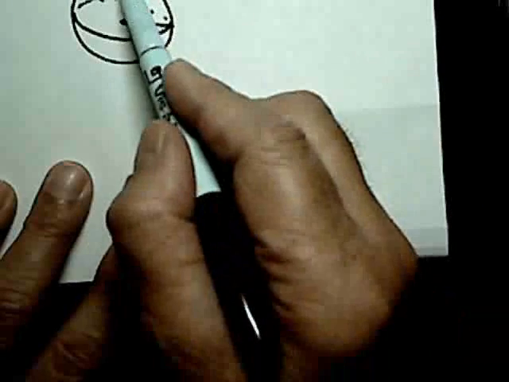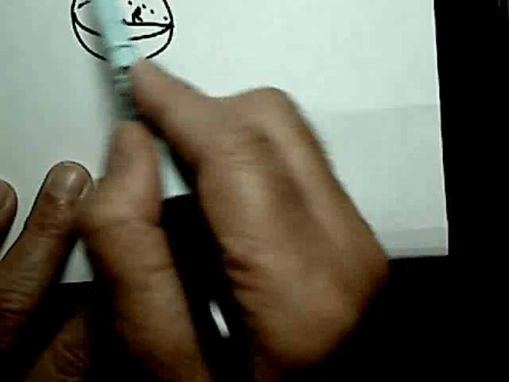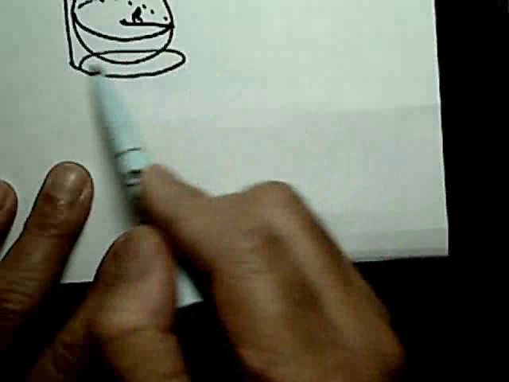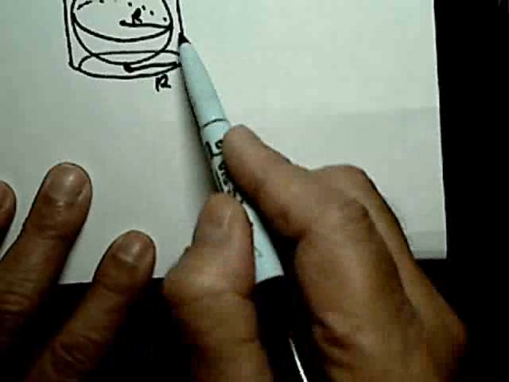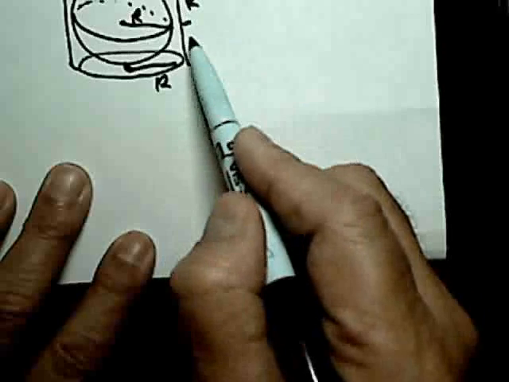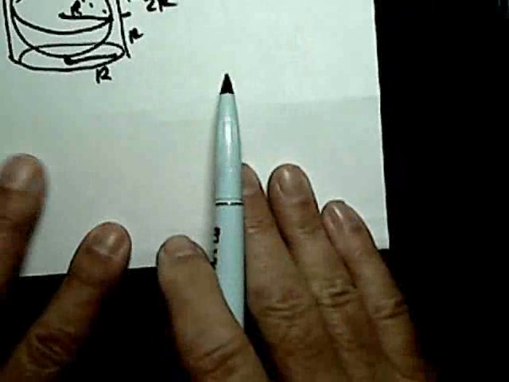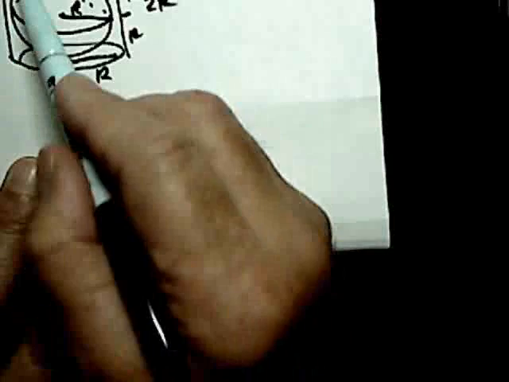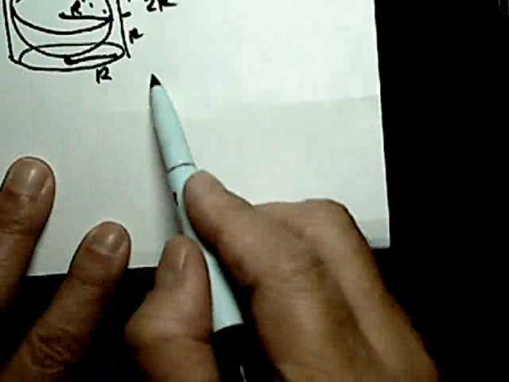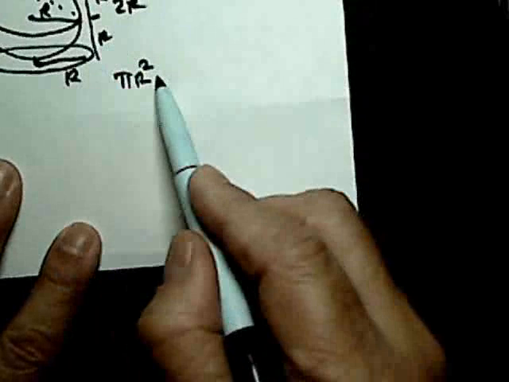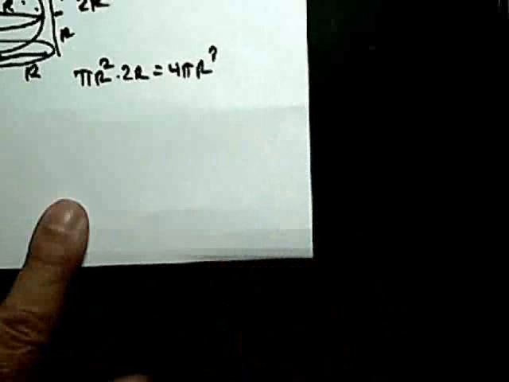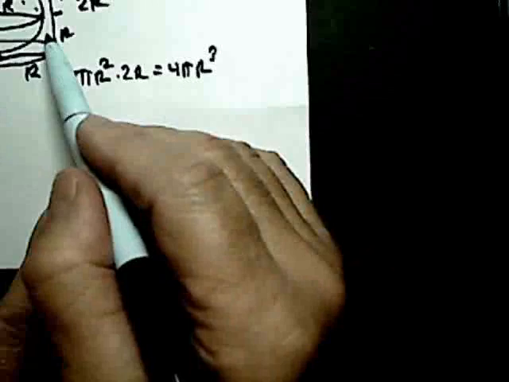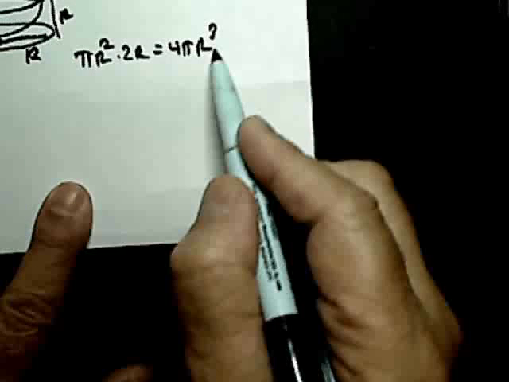But it turns out it's related to the cylinder in which the sphere is inscribed. So this cylinder would have radius r, and this height would be r plus r, or 2r. And it turns out it's very easy to do the volume of the cylinder. You take the base area, pi r squared, times the height, which is 2r, and so you get 2 pi r cubed, and that's the cylinder. And then what Archimedes discovered was that the volume of the sphere inscribed in this cylinder is exactly 2/3 of it. So if you multiply this by 2/3,